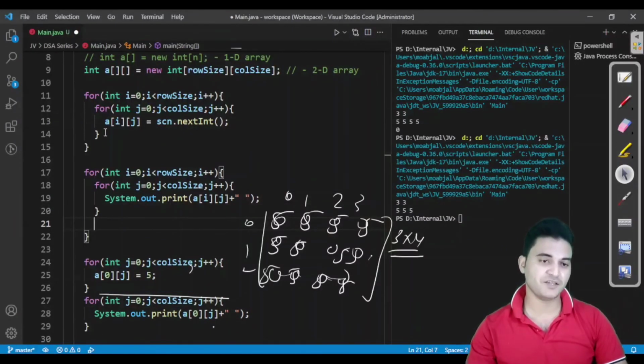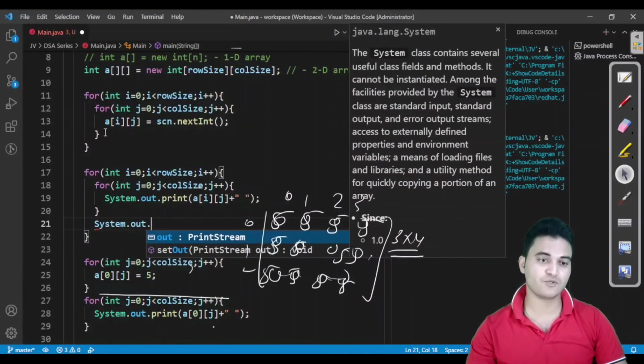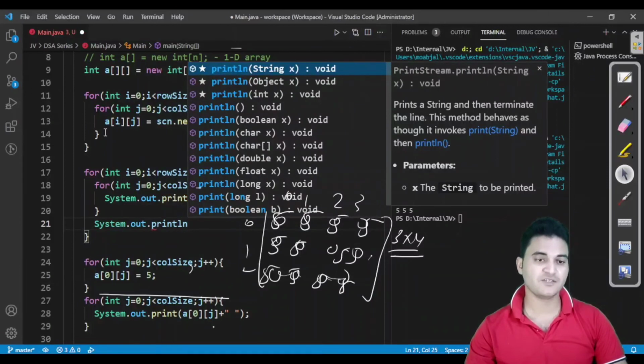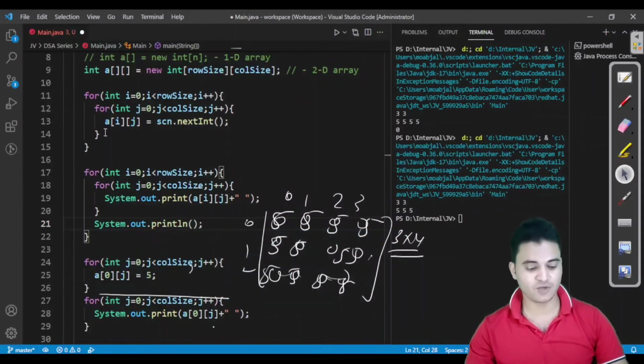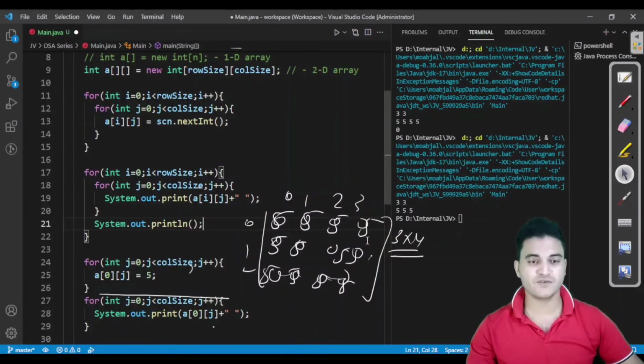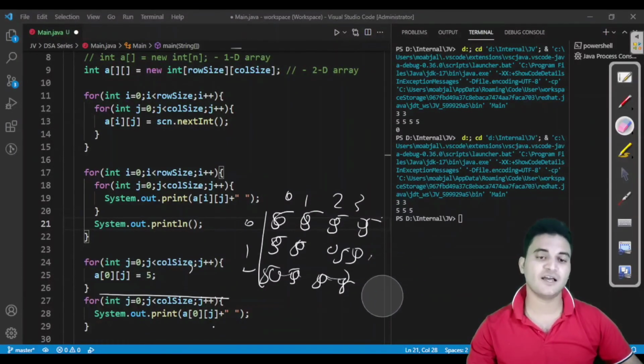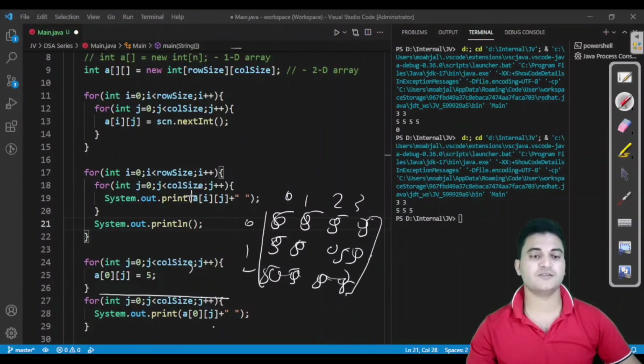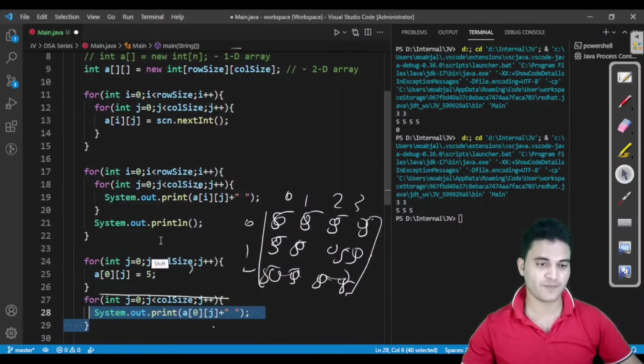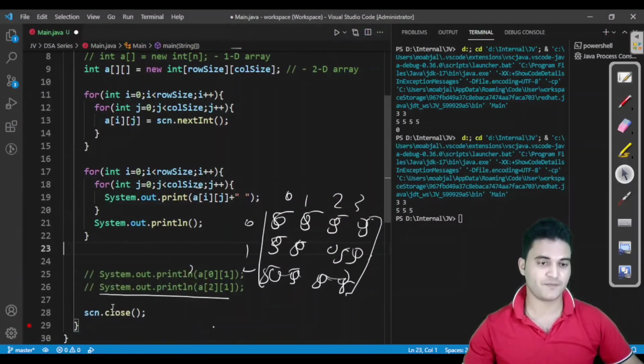Fine. And after printing all the values of one row, I have to break a line also, so that our output is clearly visible, or you can say aligned in matrix form, because we define our 2D array in the form of a matrix only. It helps us understand the concept of 2D arrays more clearly. This way it would be able to print all the values of this 2D array.